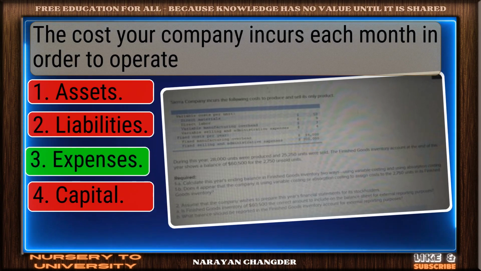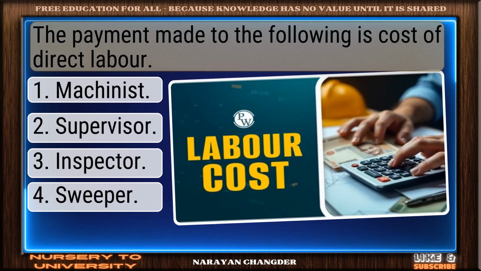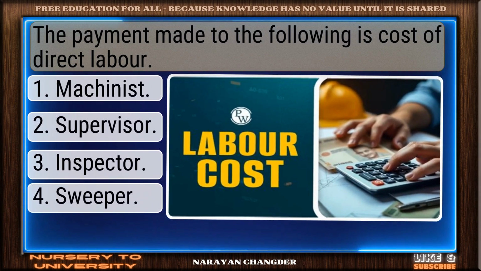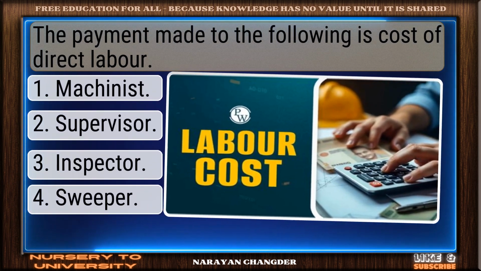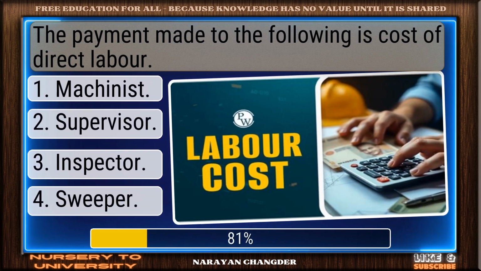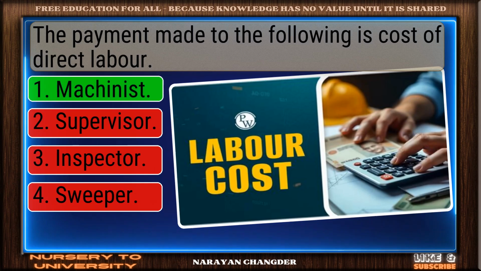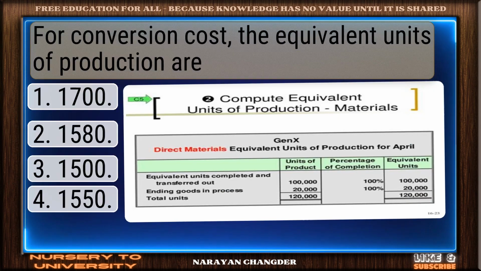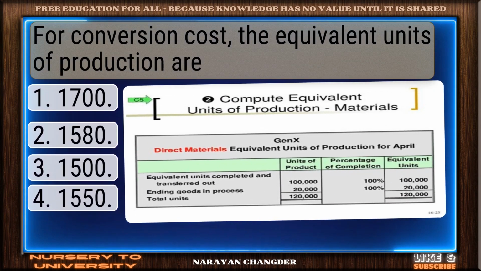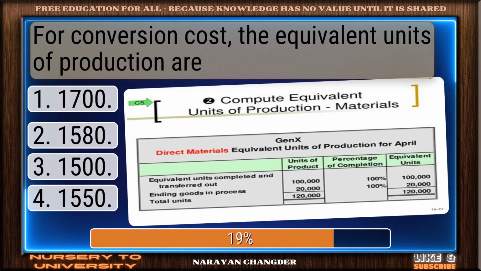Valid point. Expenses is true. The payment made to the following is cost of direct labor. Smart pick. Machinist is correct. For conversion cost, the equivalent units of production are